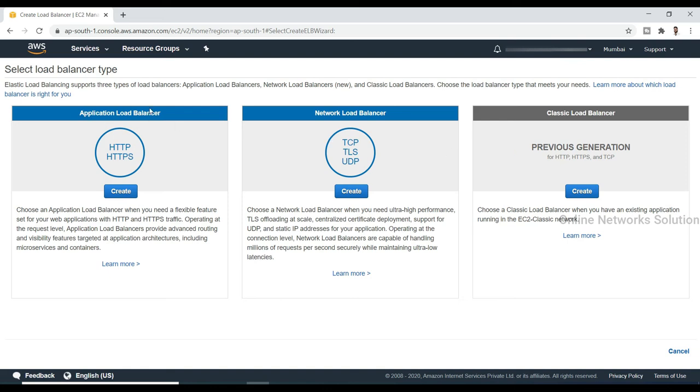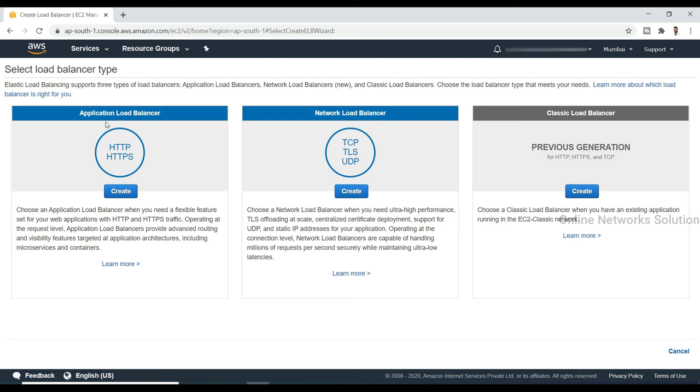First is application load balancer, second is network load balancer, and third is classic load balancer. You can see here the application load balancer works on HTTP and HTTPS, whereas the network load balancer works on TCP, TLS, and UDP. The classic load balancer is the previous generation, for HTTP, HTTPS, and TCP.